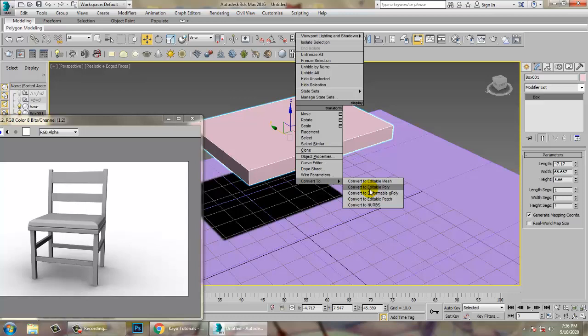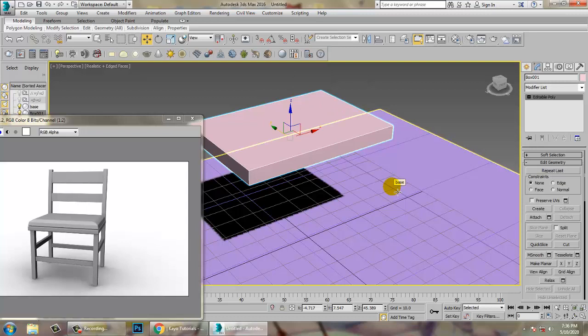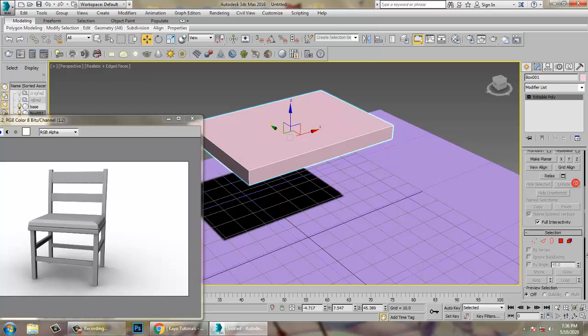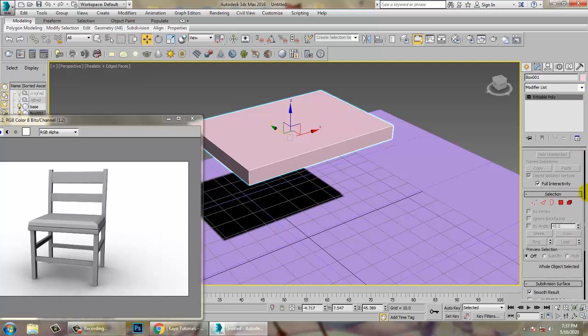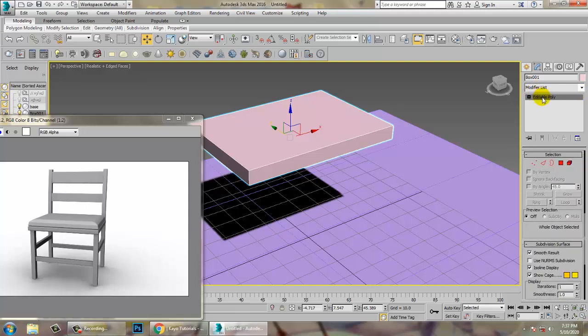I had explained in the last session that we have two types of modeling: one is polygon modeling and the other is spline modeling. So let's convert this object into editable poly. Once it's converted into editable poly, one thing you will notice is that you will not see the length, width and height segments. We got one good thing here, that's your editable poly. So now the box has been converted into editable poly. That means it is an editable object.